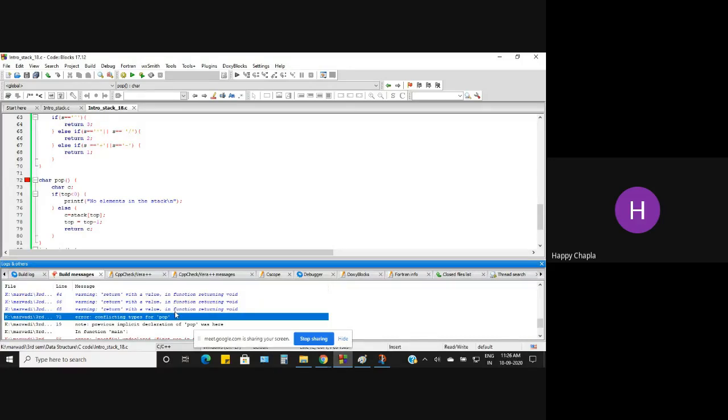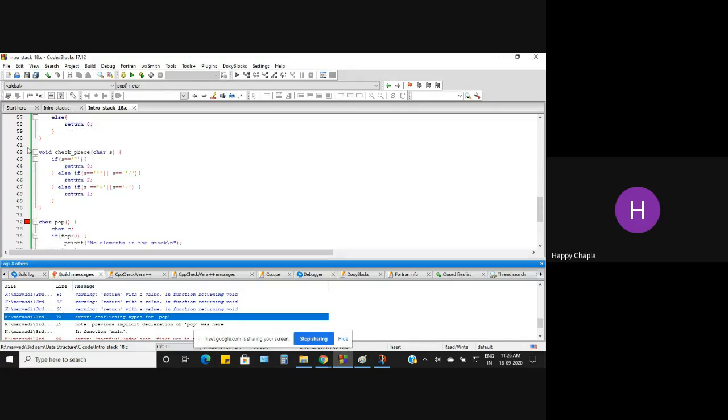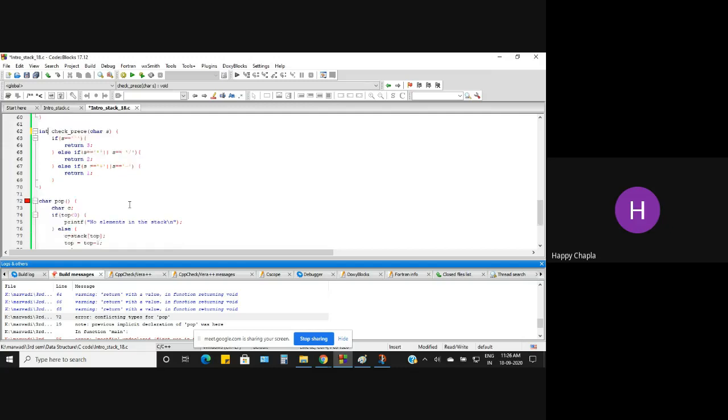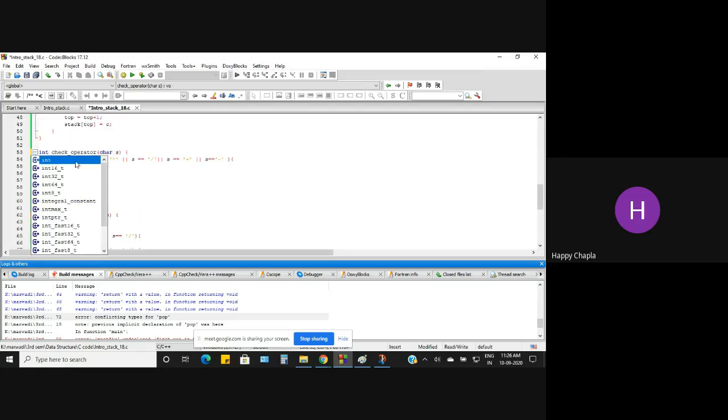Okay, go to your line 61. Just wait. You are writing return 3 and here you are giving return type void. How is it possible? Exactly. Now scroll up. Same problem in check operator.